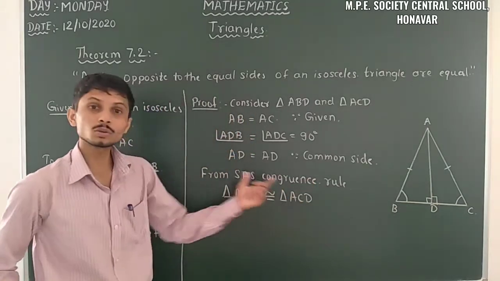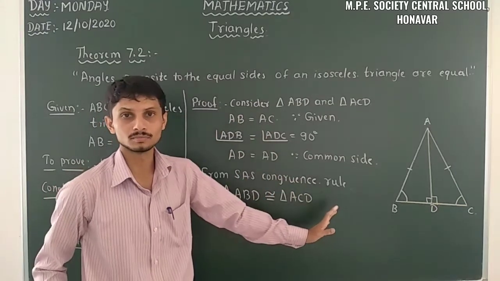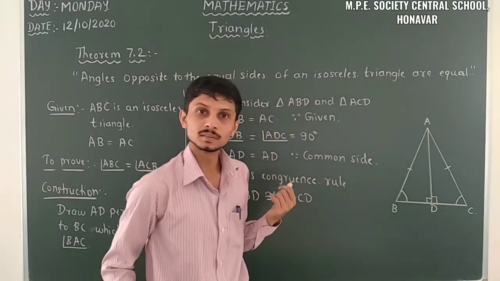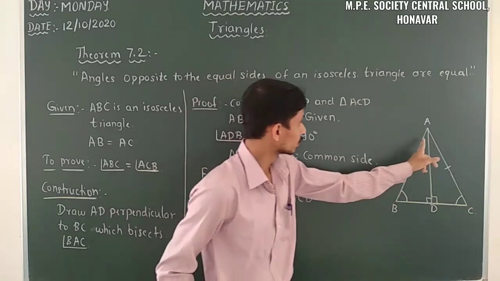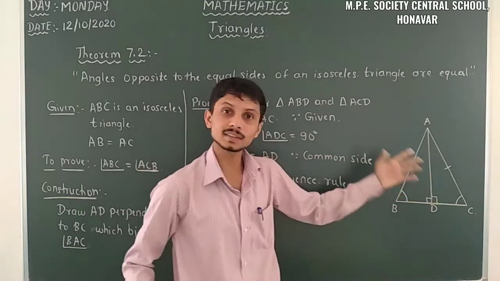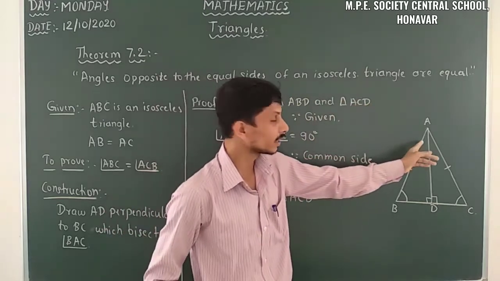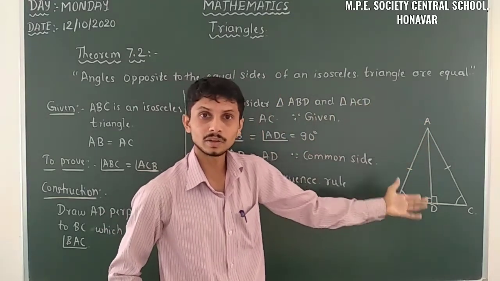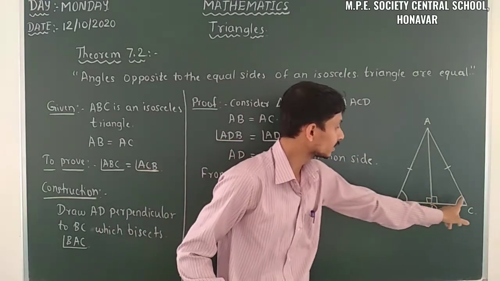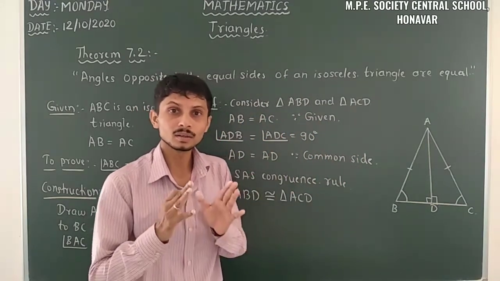When those two triangles are congruent, the corresponding parts of congruent triangles are all equal. So what are the corresponding parts here? BD is equal to DC. Then this angle A and this angle A, those two are equal, because here it's an angle bisector, which we already took. So then it becomes the ASA criterion also. Then this angle and this angle are also equal, and that becomes CPCT for our required proof.